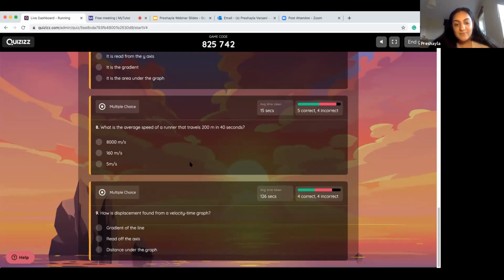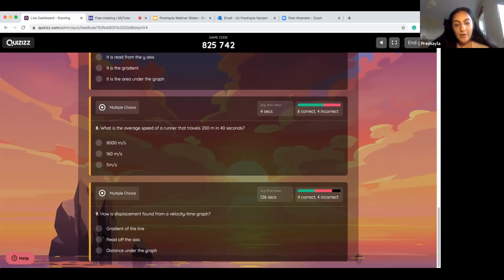How is displacement found from a velocity time graph? That is the area under the graph. Okay, so